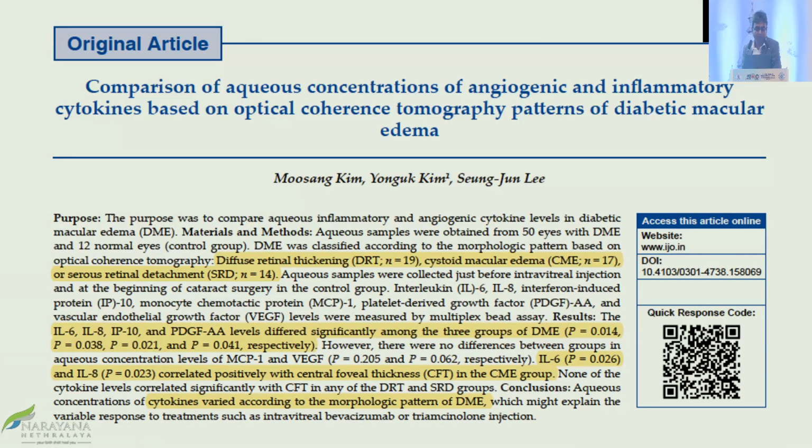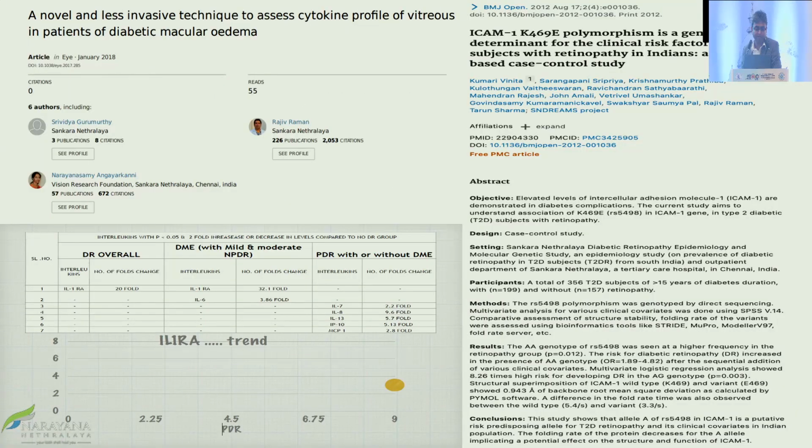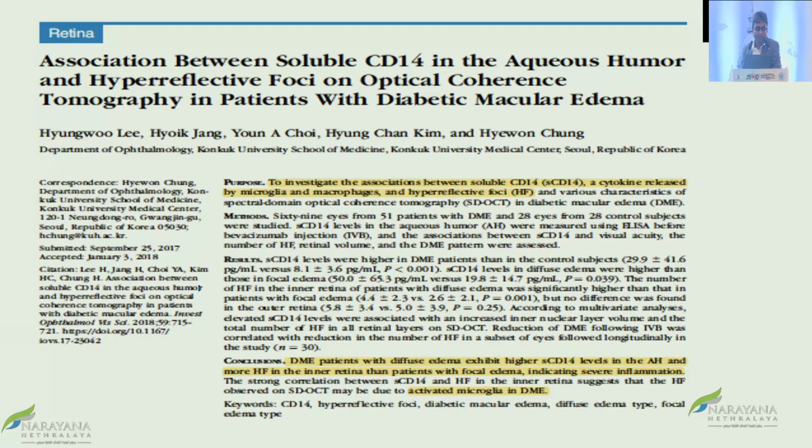So this is an old paper which shows IL-6 and IL-8 are increased in different types of macular edema. You can see a cystoid or a mixed macular edema, and these two things are elevated. This is work done by Rajiv Raman sir. They found that IL-1 RA is elevated, and you could see the potential increase in this biomarker over the severity of diabetic retinopathy. Then again, soluble CD4 counts in aqueous humor are elevated when you see these HRDs in